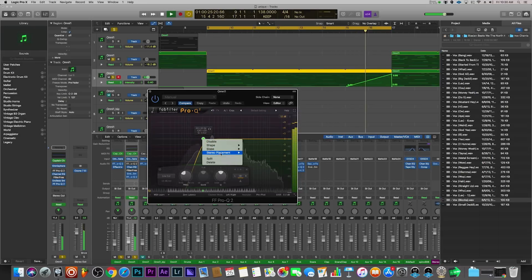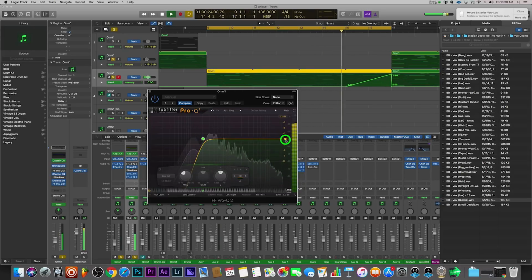You can also change your stereo placement. I'm not going to go into this right now, but you can make it all left, or left prominent, right prominent. So you could do that with two different melodies and have one right and the other one left, just to give you some ideas. Keep that one in stereo right now. So,